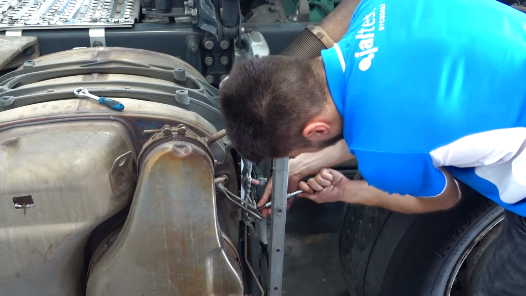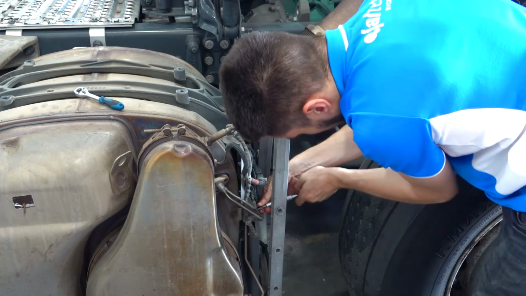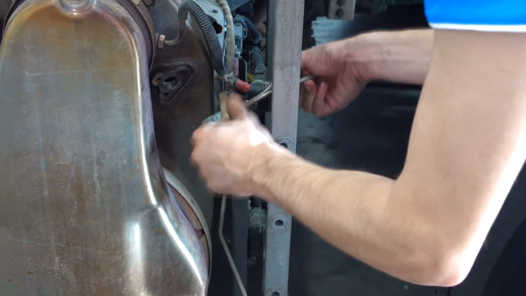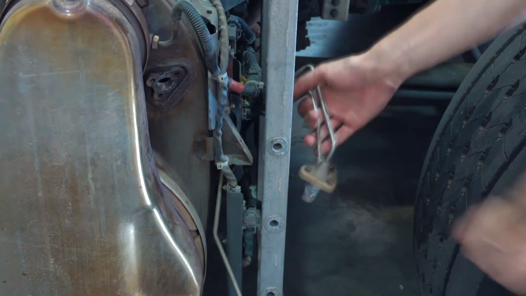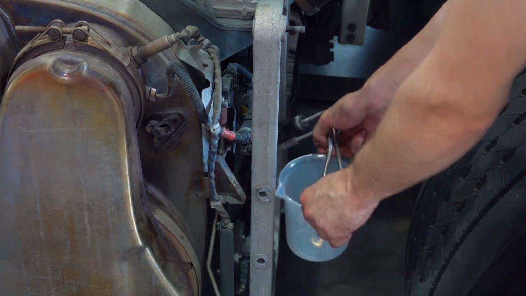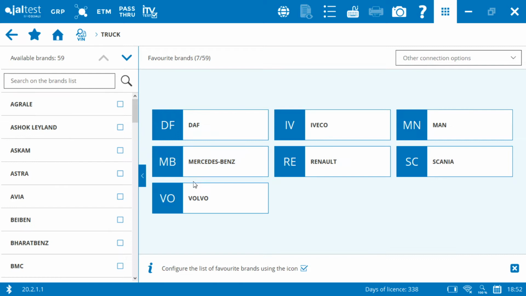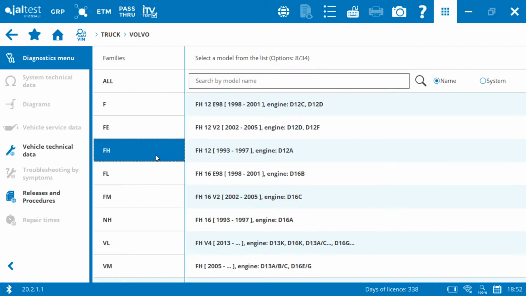The AdBlue injector should be removed from the SCR catalyst to perform the test. On the diagnosis menu, select the aftertreatment system and connect with it using Jaltest.